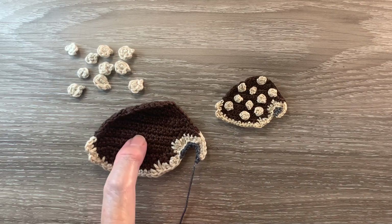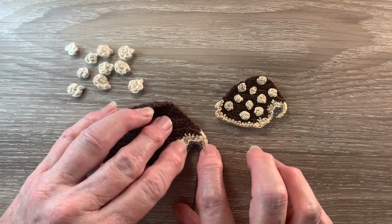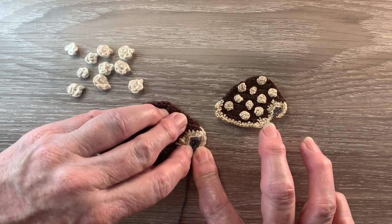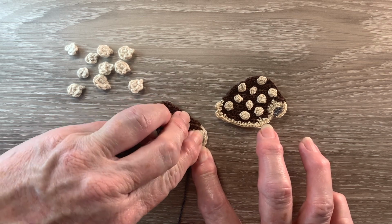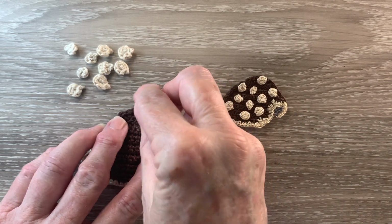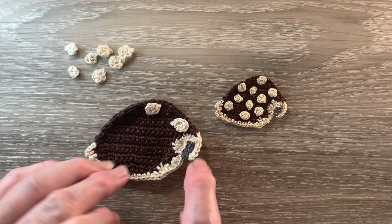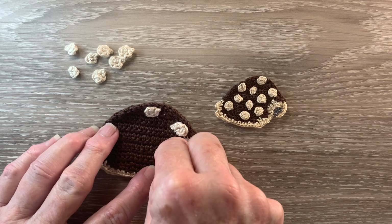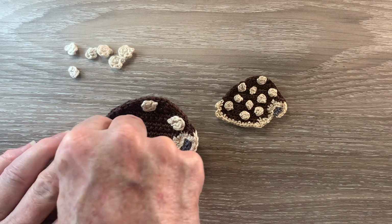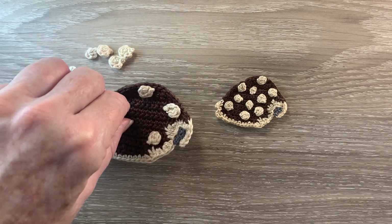Now there's my pieces. I've got the shell and the 10 spots. The first thing I'll do is stitch the grey bits together using this tail. I stitch it through the front, just pull the 2 sides together. Next I attach the spots. I put one at the centre top and one in that section there, another in that corner, and one in that corner, one about halfway up the side,